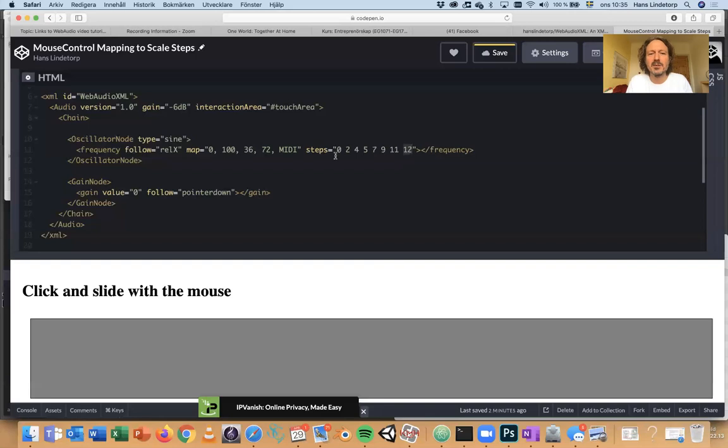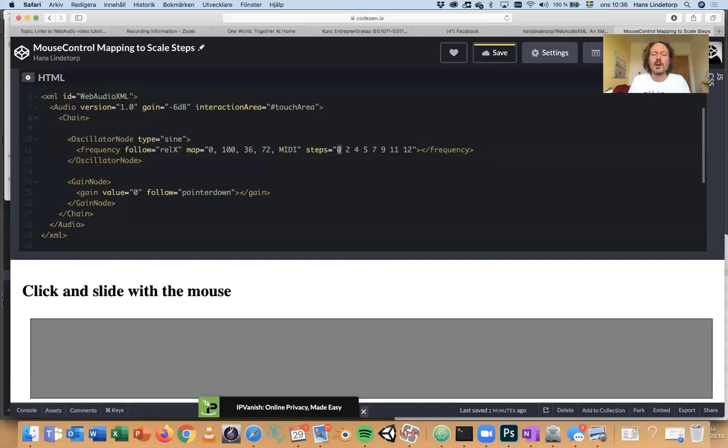And the pattern is described as semitones from the base note, and the base note here is 36. That means that the first note we have is 36. The next one is 36 plus 2 equals 38, and the next one is 36 plus 4, which is 40,